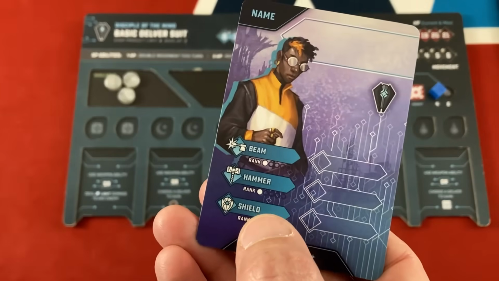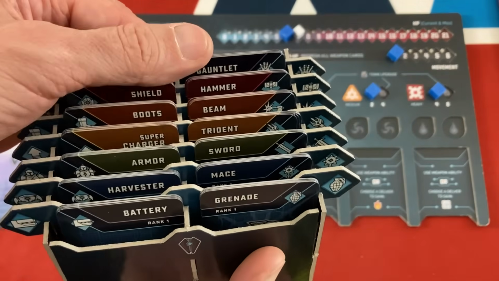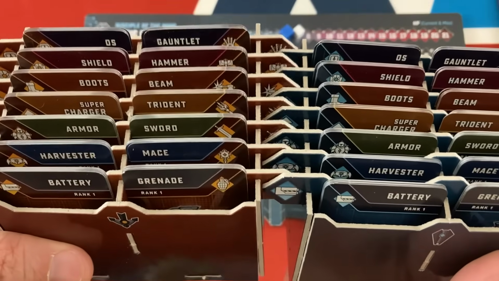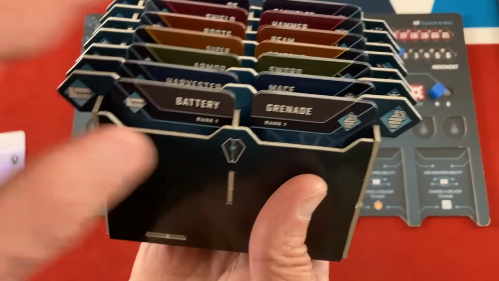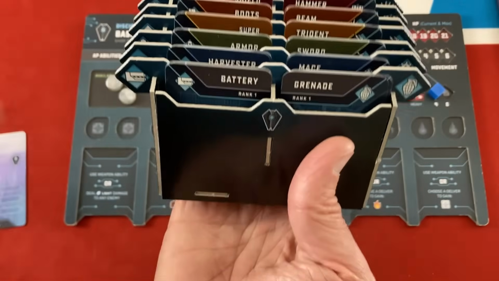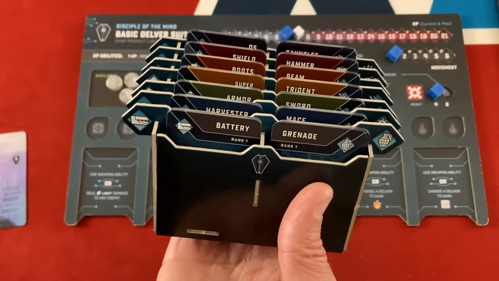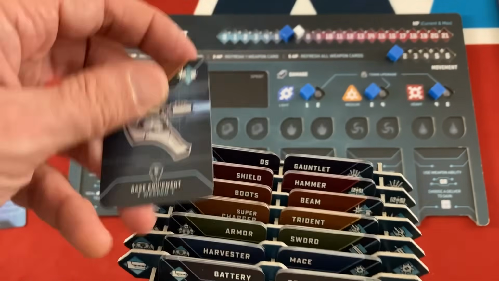Remember, I'm starting with beam, hammer, and shield level 1. So look at these nice little holders. You'll see that they have all the weapon types. And these are actually identical for both Delver suits, but the cards are not identical. They have very similar effects, but slightly different. So the way the beam works for the blue Mind Delver is a little different from how it works for the body Orange Delver. And each of these has 5 levels of cards, getting better and better,